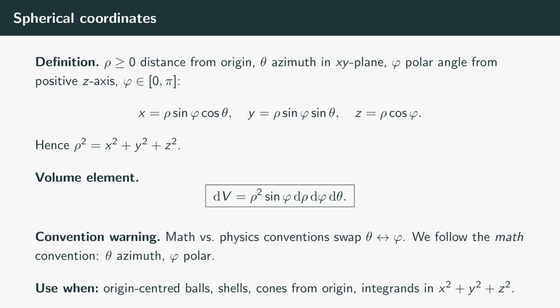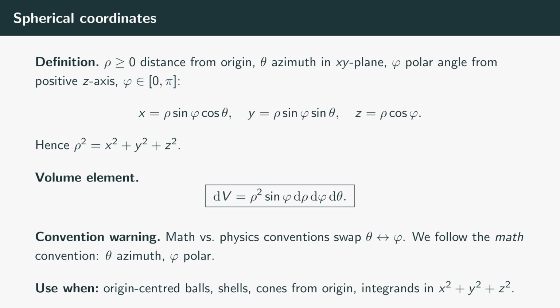Distance squared, x squared plus y squared plus z squared equals rho squared by construction. The volume element is dV equals rho squared sine phi, d rho d phi d theta. The rho squared accounts for how spherical cells fatten as you move outward. The sine phi accounts for how cells of constant delta phi are wide near the equator and pinched near the